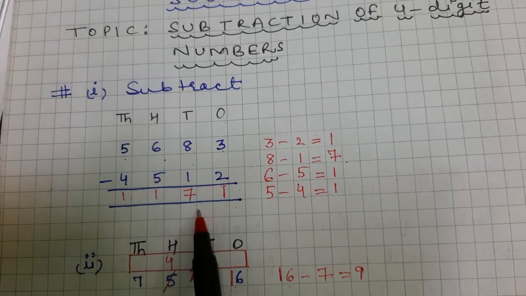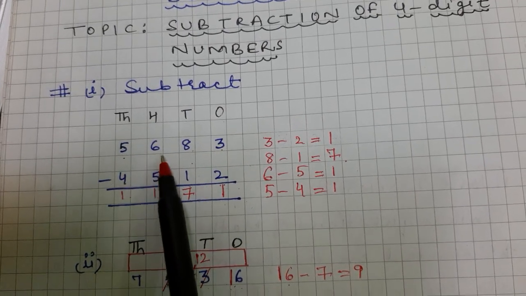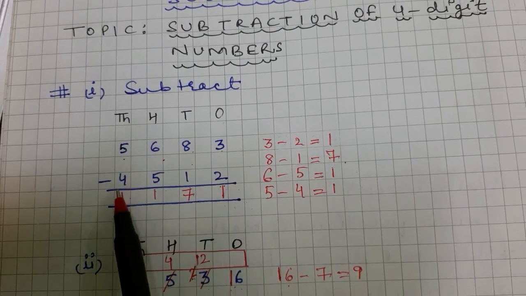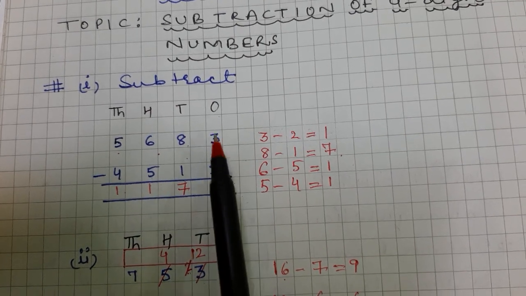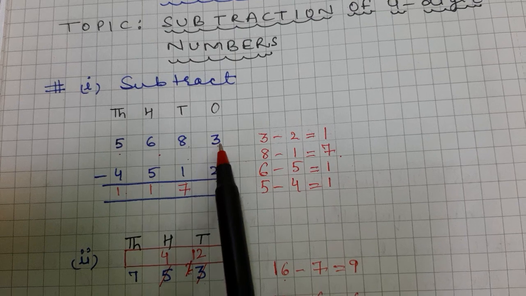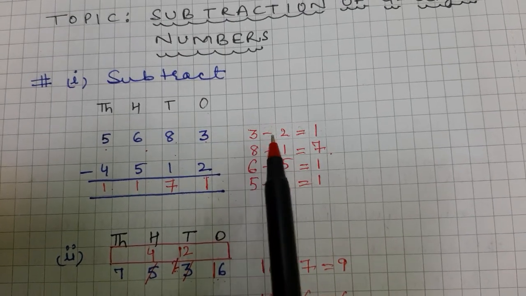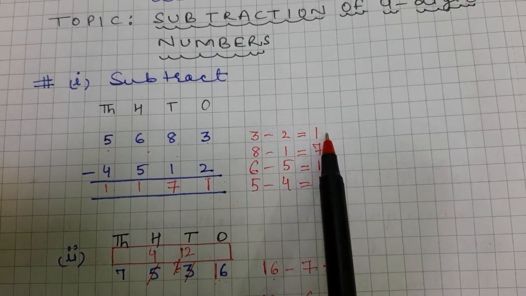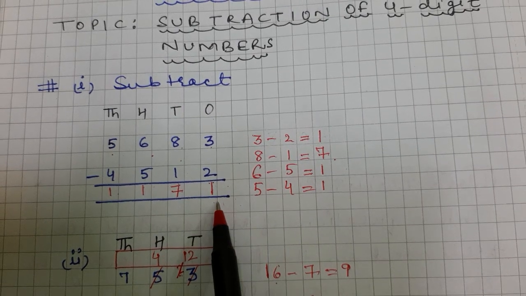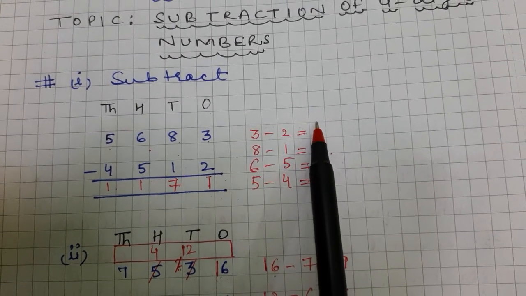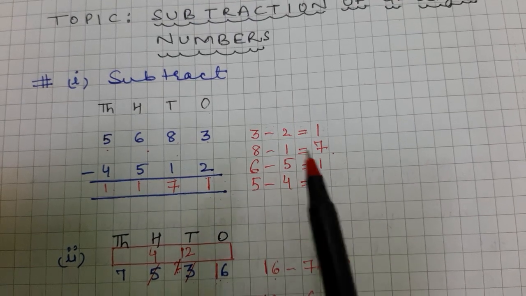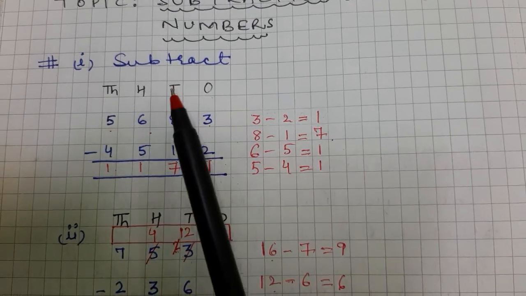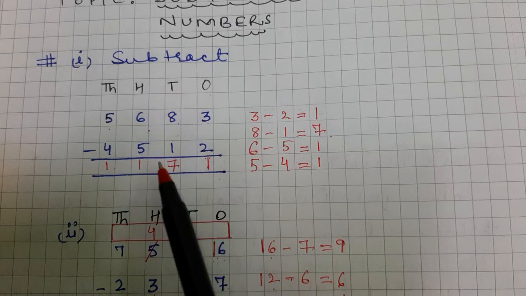Here in this example, 5683 is bigger than 4512. So starting from the right side, 3 minus 2. If we take away 2 from 3, we will get 1. So write 1 over here. This thing you can do in your mind also, or you can write it on this side also. Both are correct. Coming on to the second place now, the tens place.